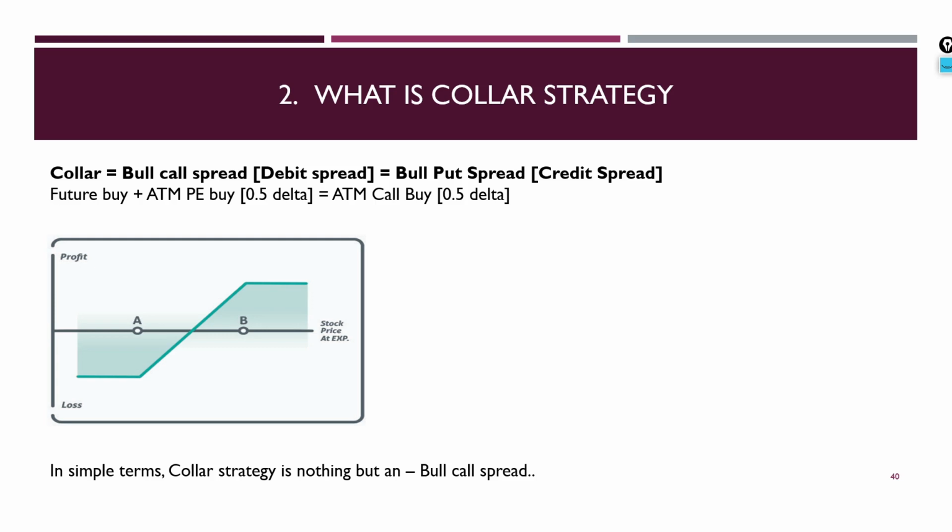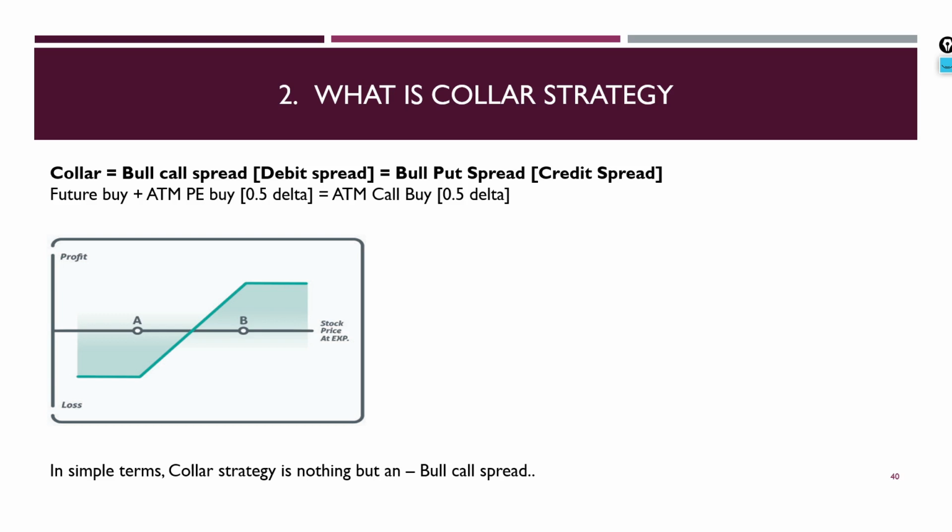So you have to pump in money just to pay the mark to market, because the stock is falling very fast. I'll give you a live example. What happened in the March fall? I had a Kotak Bank future buy and I hedged it with the ATM put. So 1600 was my entry level. Now what happened? In this fall, the stock went till 1200 or even below that, even 1100. So I had to pay the mark to market of 500 points. But whatever hedge I had bought was realized only when I sold it. So there you have to fund a little.